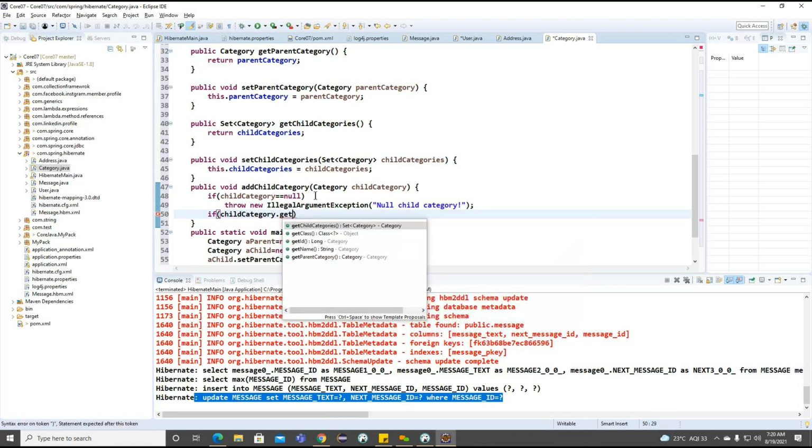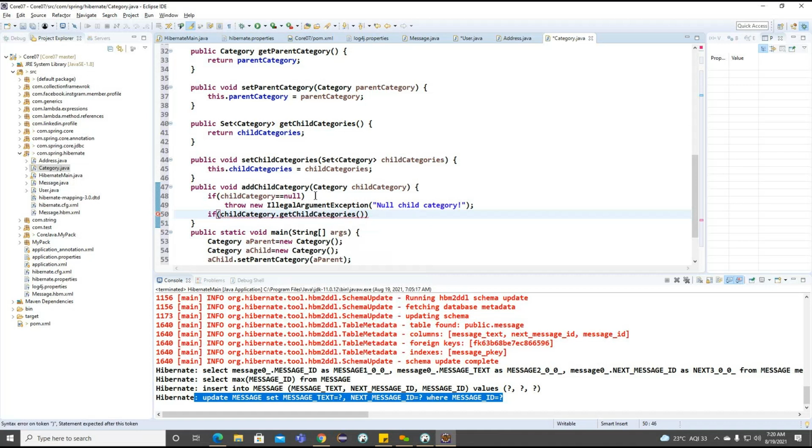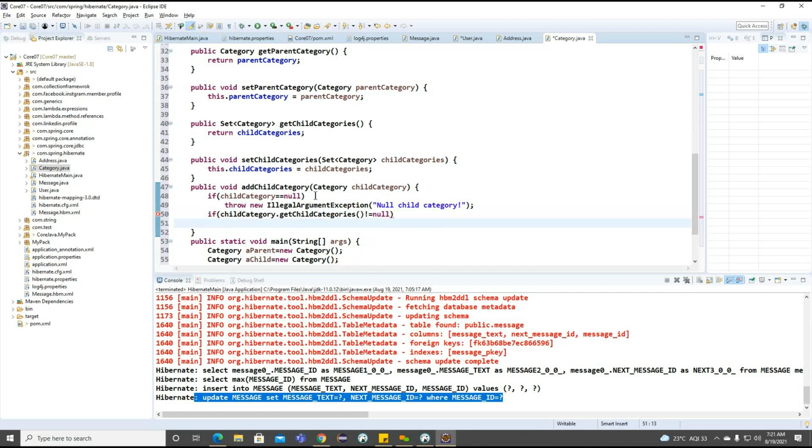child category dot get parent, get child category, and if this particular is not equals to null, now what we can do, we can go for the child category section here.